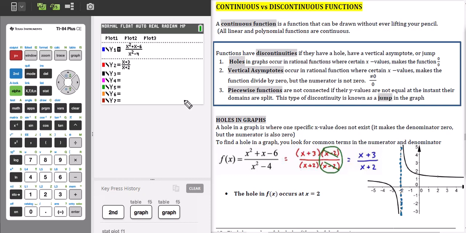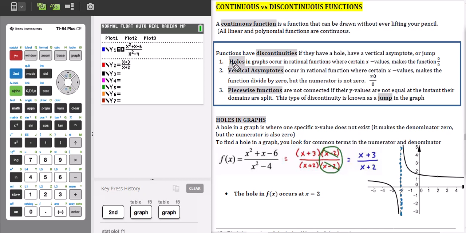Okay, so this video is going to help you understand what continuous functions are and functions that are discontinuous. Just to recall, a continuous function is a function where you can draw a sine graph and you'll never have to lift your pencil to draw it out. But a discontinuous function is going to have one of these three